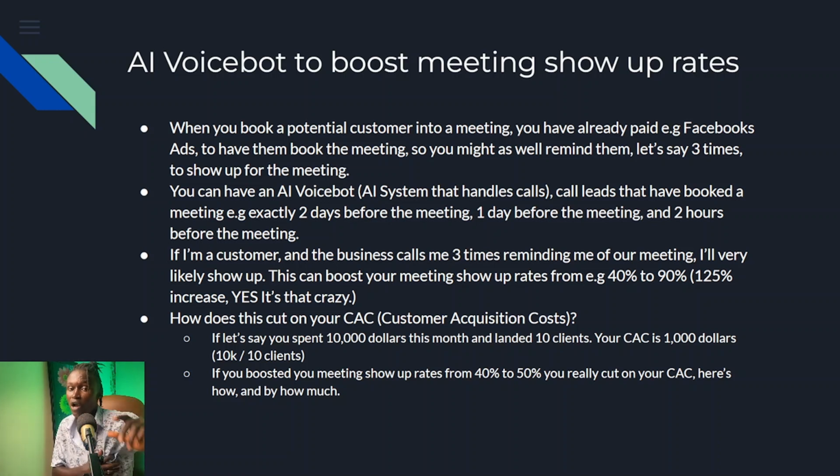And consider that we haven't even started considering your close rates, because it's one thing to actually have them show up for the meeting. There's another story now to actually close the deal. So that's a matter of your conversion rates and your close rates, which we'll touch on as we continue. So if you've already paid for Facebook ads, let's say $10,000 to have 25 customers book into a meeting for your next week's calendar, then you might as well